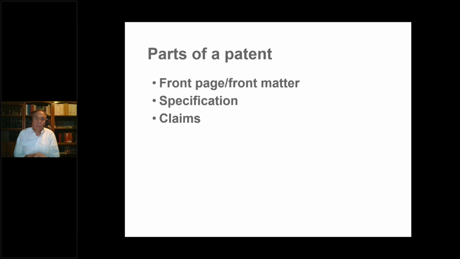So when you look at a patent, I like to divide it into 3 parts. There's the front page, which is also called front matter. And then there's the rest, this big long section called the specification. And we talked about many different parts of the specification last time. And then at the end, there's a little section called the claims. And the claims are the reason for everything else existing. Everything that's written before that is there to support and strengthen and defend those claims.